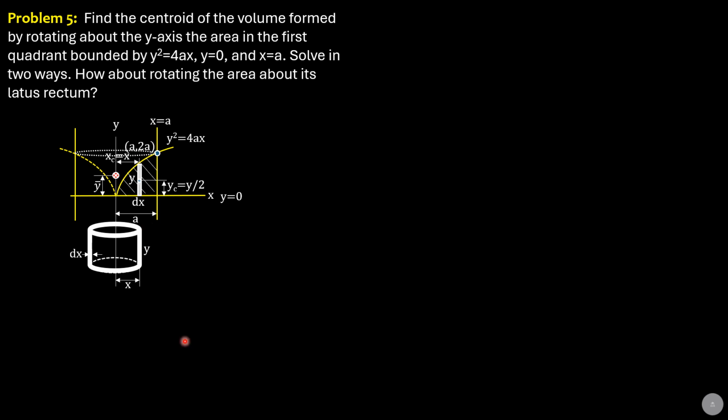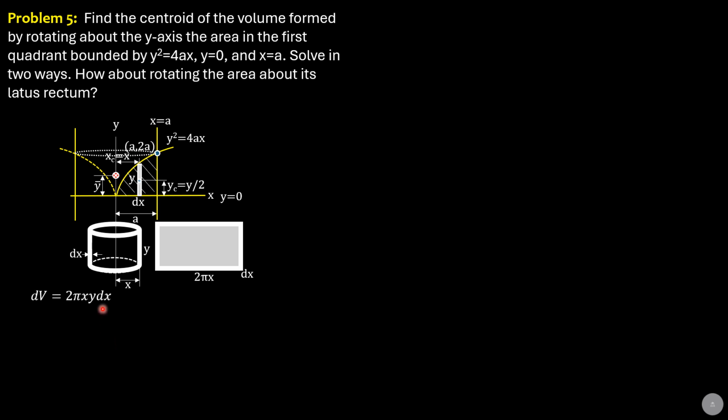Cylindrical shell comes from a rectangular plate as shown. The height is also y. Then imagine this is the circumference, so that's why we have 2 pi x, radius of revolution is x, thickness is dx. So we begin with the differential volume of the element, which is the differential volume of this rectangular plate, 2 pi x y dx: circumference, height, thickness.